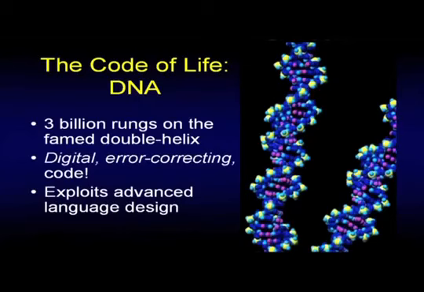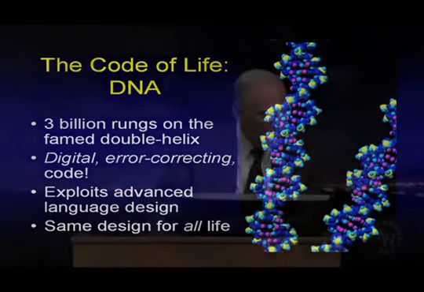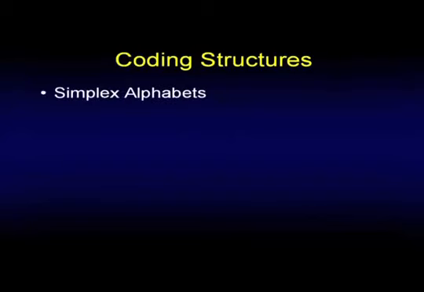Most of us are familiar with the 7 or 8 bits that we make to a typewriter stroke called the ASCII codes. Instead of 8 codes, if you're willing to add 3 bits to them, we have that kind of code designed in our DNA. It's one of the most advanced language designs possible. And it's the same design that occurs in all life. That implies whoever created us created the plants and the flowers and the animals and whatever, because they all use the same code. Wow. There are simple